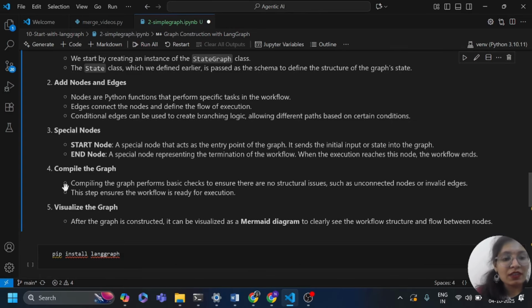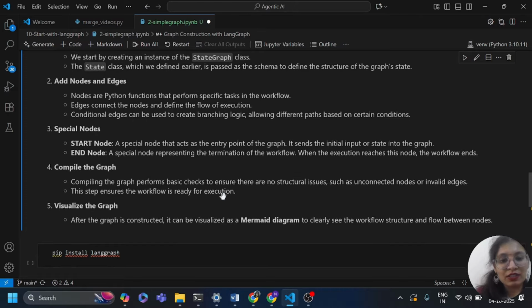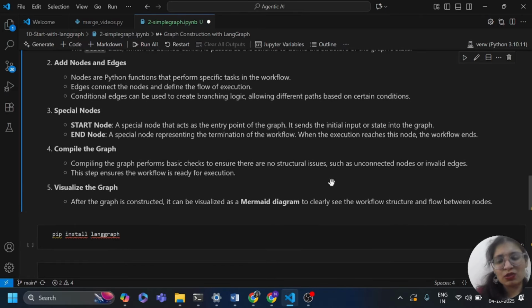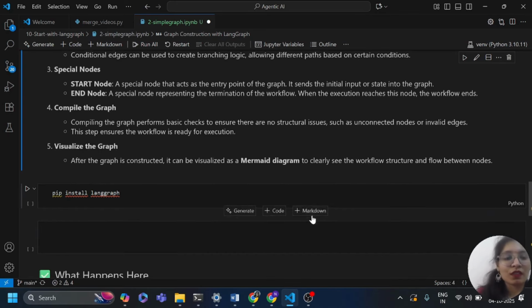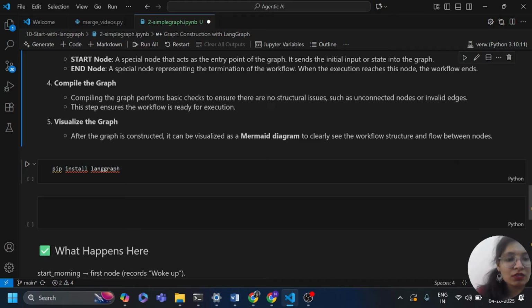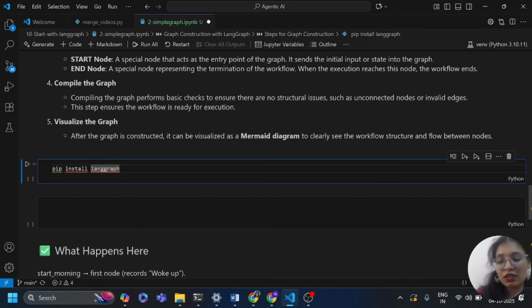Compiling the graph performs basic checks to ensure there are no structural issues such as disconnected nodes or invalid edges. This step ensures the workflow is ready for execution. After this, visualize the graph. After the graph is constructed, it can be visualized as a Mermaid diagram to clearly see the workflow structure and flow between the nodes. So here I need to run pip install langgraph,